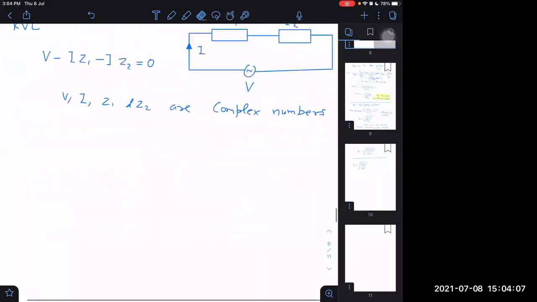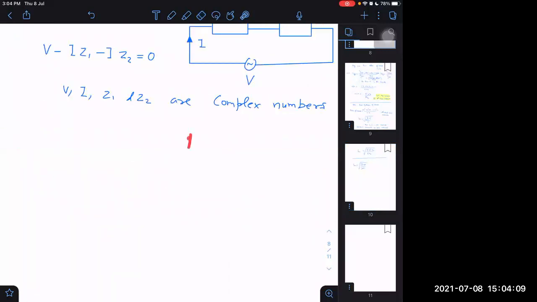Only in one case it is possible. If resistance part is 0, there should be 0 resistance part first. Then it is possible. Otherwise, it is impossible. Okay. If resistance part is 0, then it can be cancelled. And I think you know the reason probably. See, what terms do we have? We have one term along real axis and other terms along J or minus J. But there is no term which can cancel this real part. There is no negative term of resistance. No negative resistance is possible.